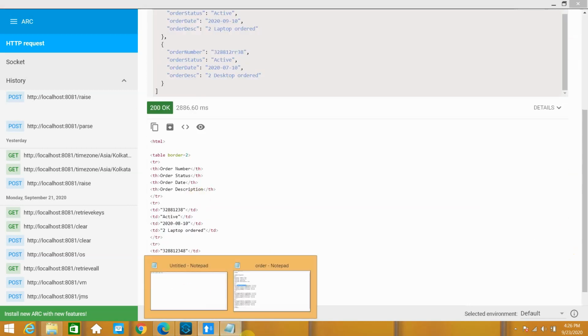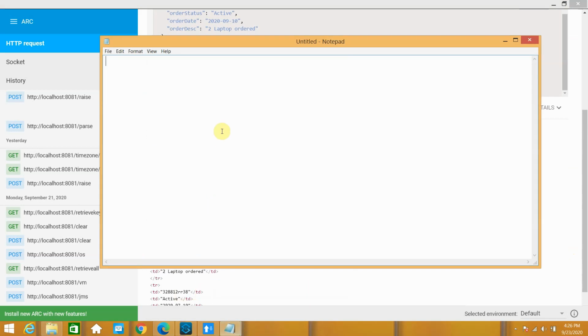Now I have a next requirement. I want to generate an SMS. So like I have a product, I have done some shopping from e-commerce and my order has been dispatched and I want to send an email. So I will create a template for that, a text template. So basically I can say order number, so I can read the order number from the payload dot order number